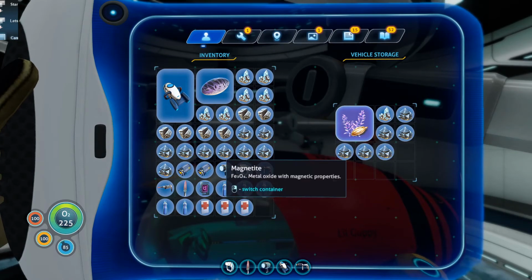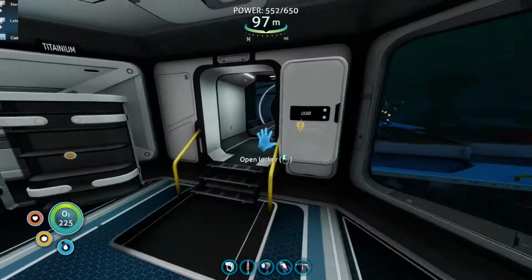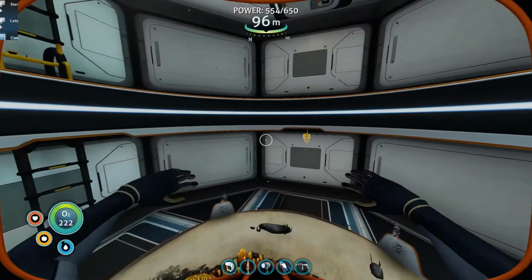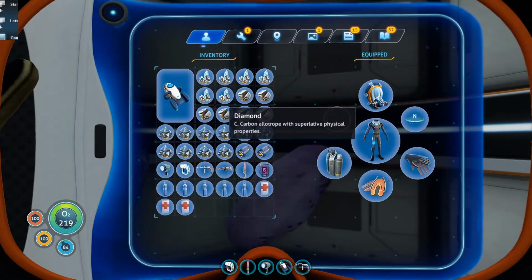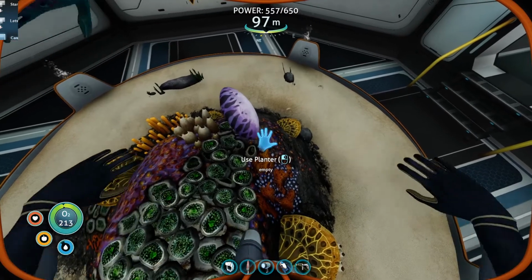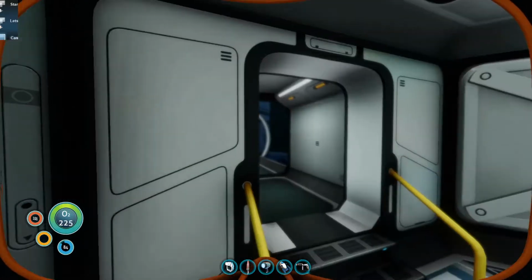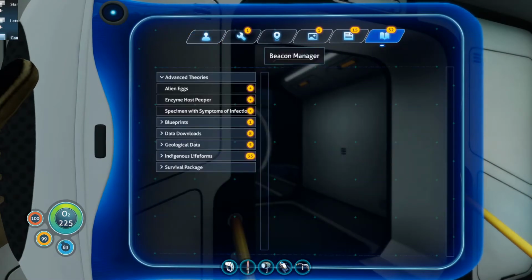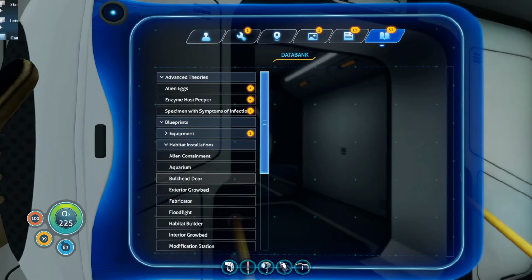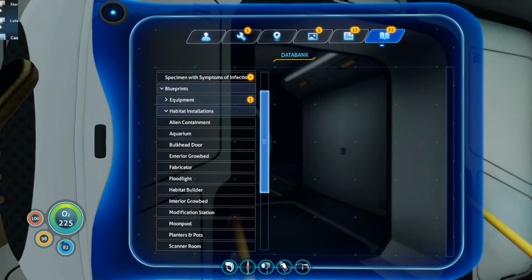Lithium. Magnetite. Let's go throw the egg in its space. Now this is supposed to sink to the floor. And it is now pulsating. And in a couple days... What is it? Let me look for an exact... blueprints... Habitat and installations... We want the alien containment...